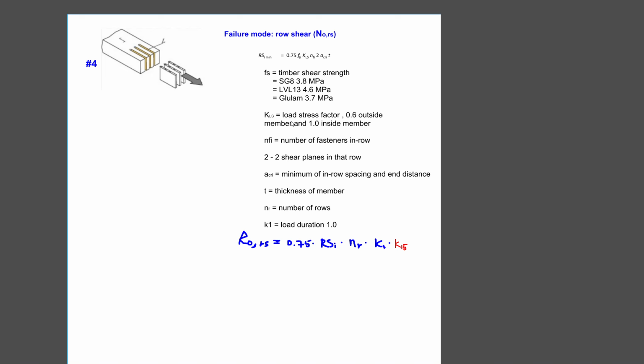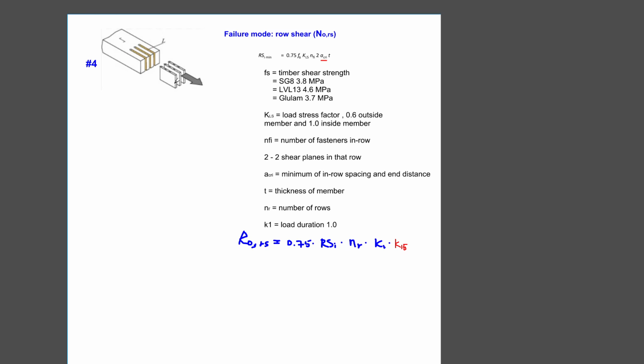Hi guys, let's look at the row shear failure of the dowel connection for this particular member here. To understand this equation, there are a couple of things that need to be cleared up. First one is the A critical, so that is the critical distance between either the dowels or the edge